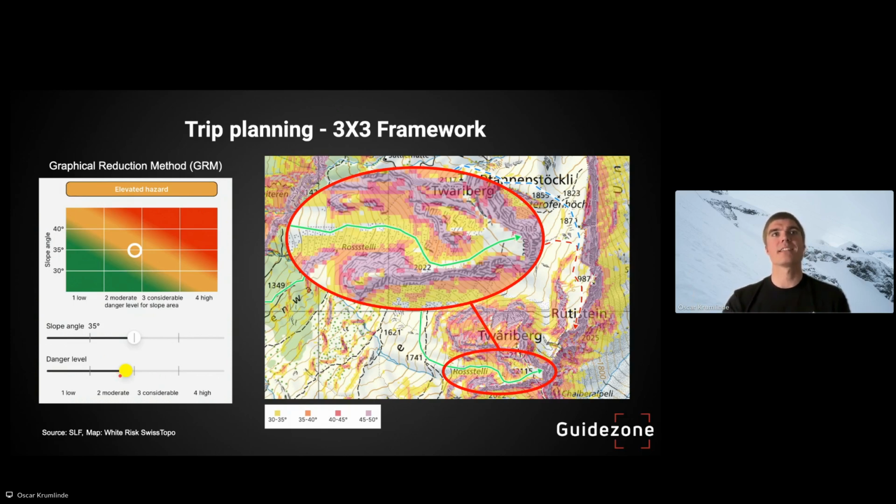You can actually slide these up and down and see how it moves. So I put mine at 2+, very close to the 3, and I put the slope angle at 35 degrees. And then we can see that this white circle has moved into this orange region. This tool gives us a rough assessment of the avalanche triggering probability. So based on that,